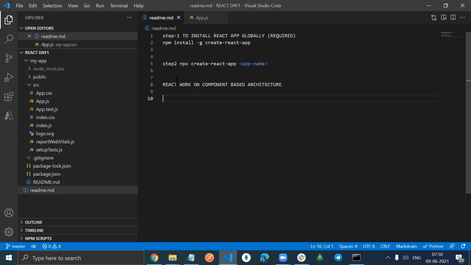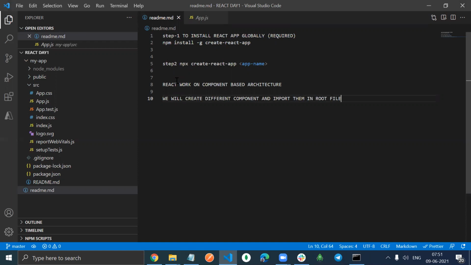It means we will create different components and import them in the root file.